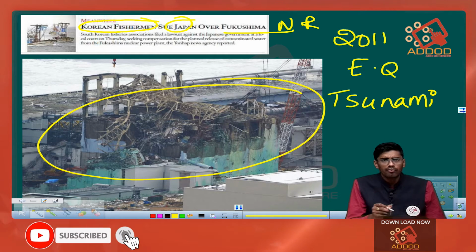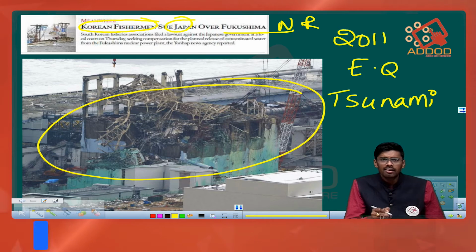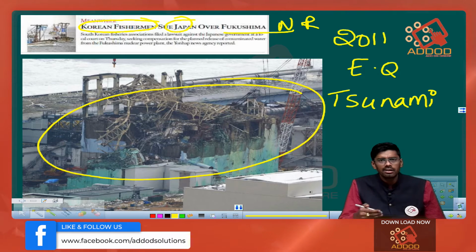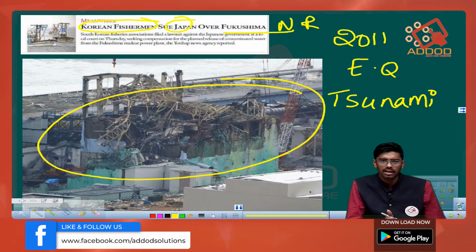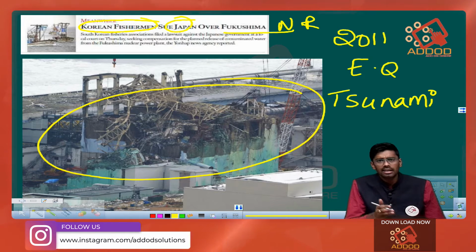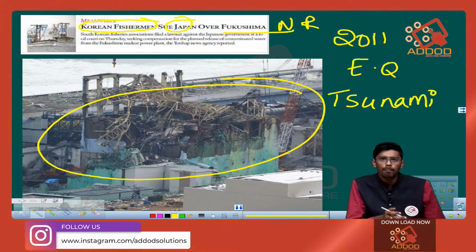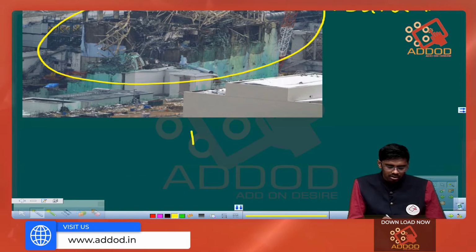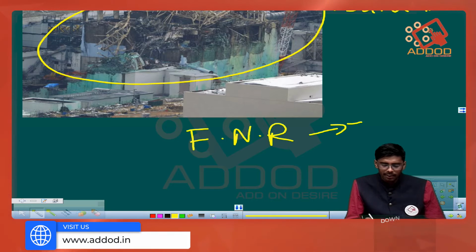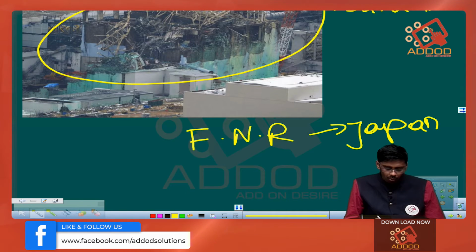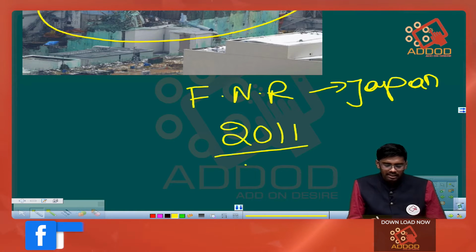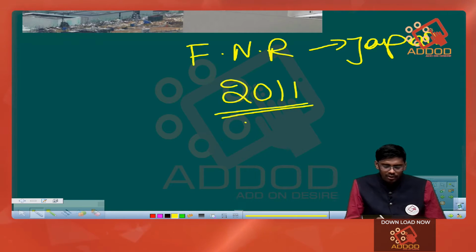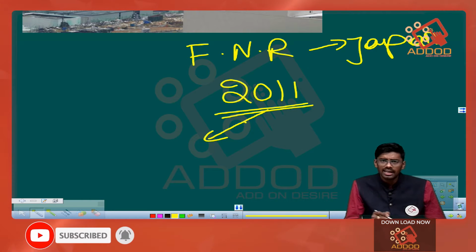Due to the damage of this Fukushima nuclear reactor, it emitted several radioactive elements, and due to this many people lost their lives. And nearly 10 years after the destruction of the Fukushima nuclear reactor, the nuclear reactor water which was used for this plant is planned to be released by the country of Japan. So we have the Fukushima nuclear reactor in Japan, and this was destroyed mostly in the year 2011. But the contaminated water that was used in this nuclear reactor is planned to be released in the coastal areas of Japan,